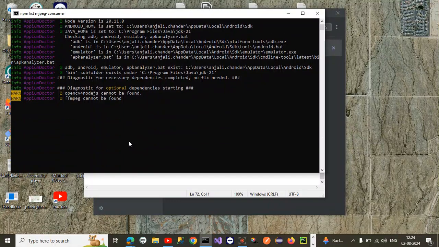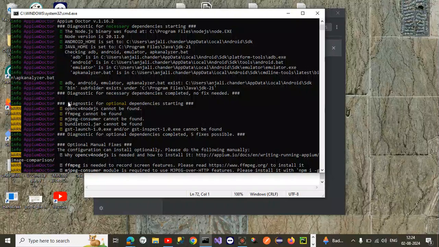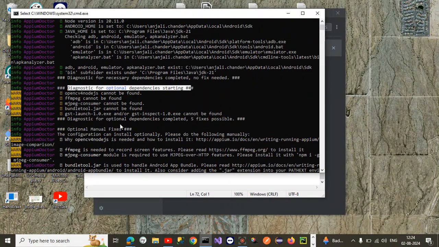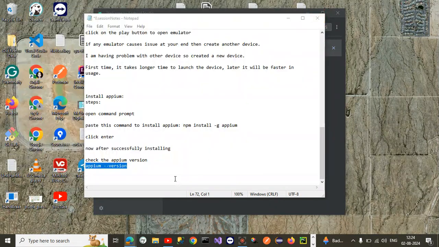For the optional dependencies, we can skip it for now. These are the optional dependencies. You don't have to add these dependencies into your system. Okay, then everything is working fine.